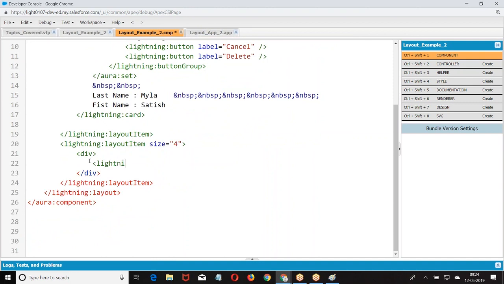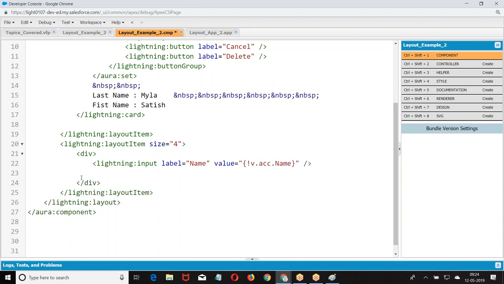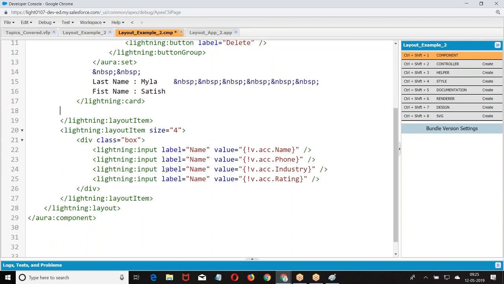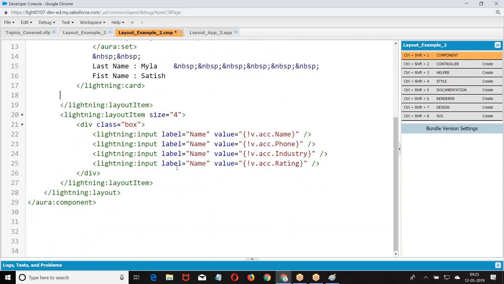Class equal to layout item. In this I am trying to print.